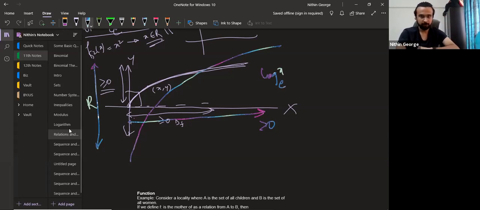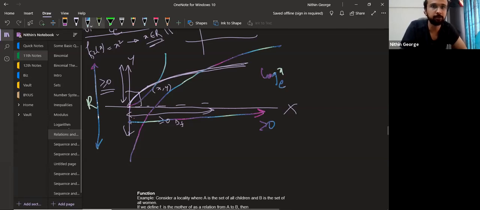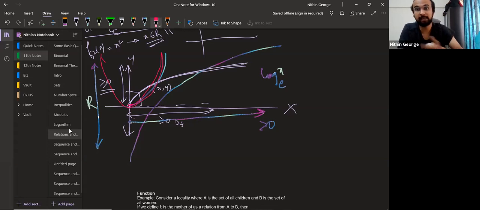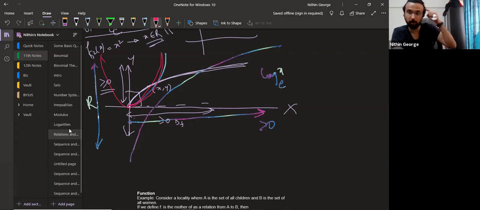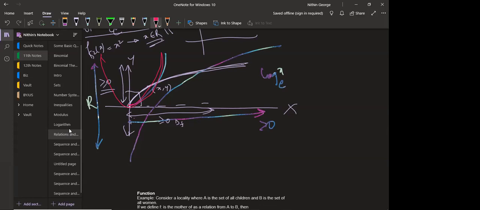Okay. All right. Next comes root x and then x square. Right. X square goes like this. Okay, I'll use another pen. X square goes like this. What is the domain? What is the range? Look at the graph and tell me. Right now, we thought about the function and then we told domain and range. Now look at the graph and tell me what's the domain, what's the range. So both are x greater than or equal to 0.